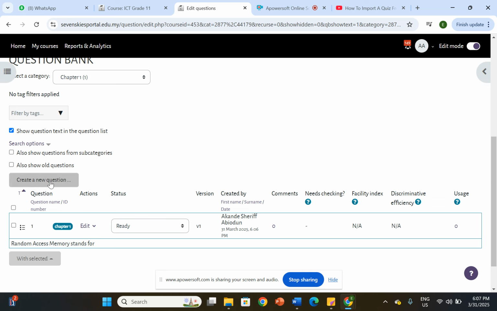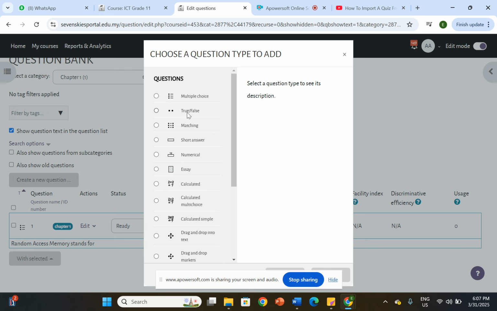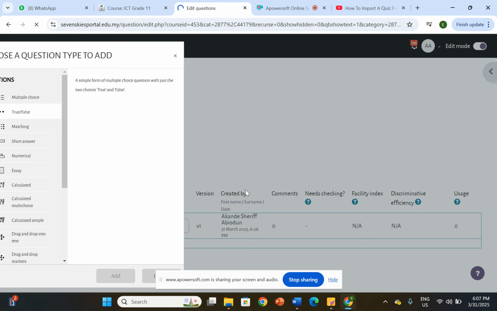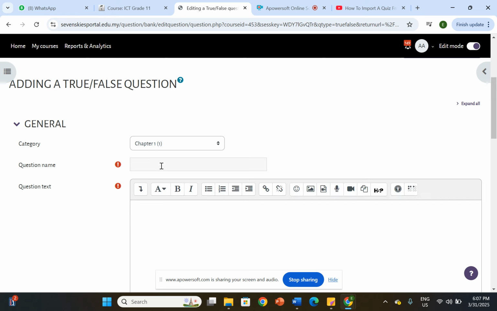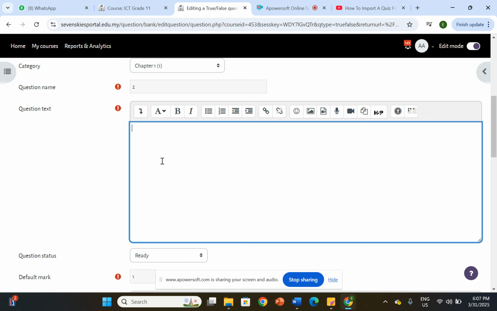Let us add more questions. This time I'm going to use true or false. Now here, we say this one is question 2. I say ROM stands for